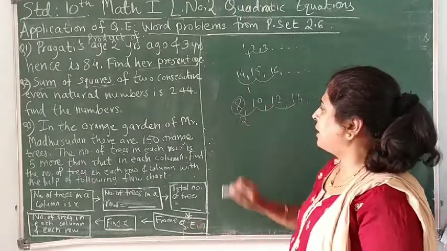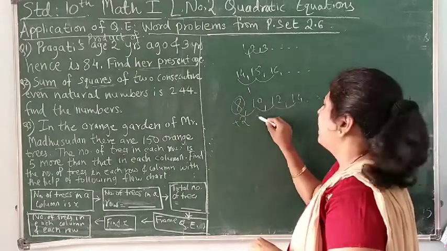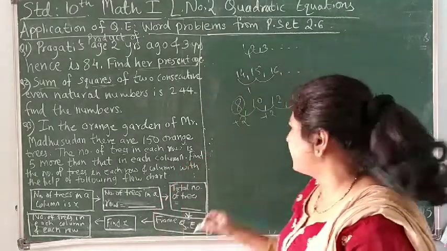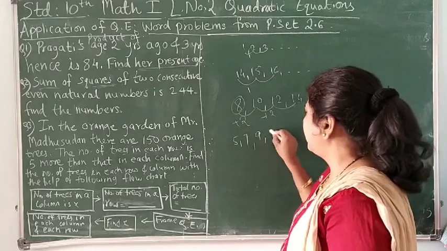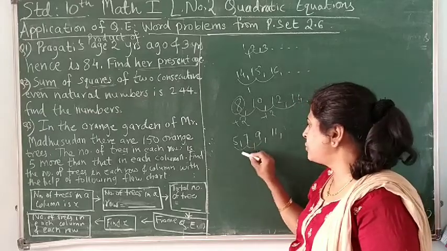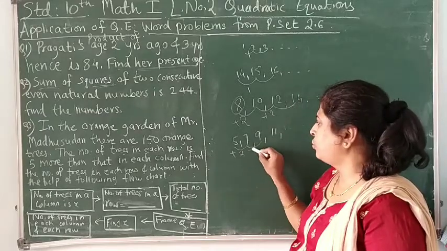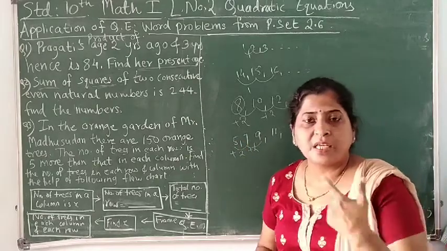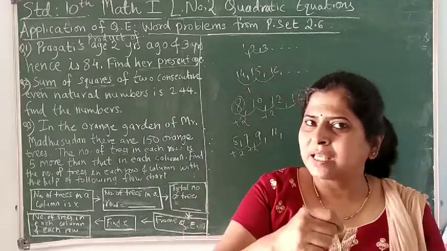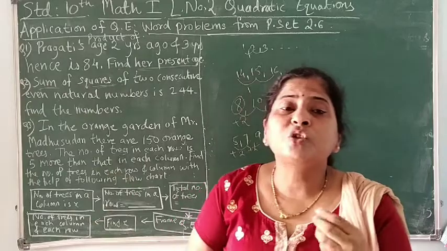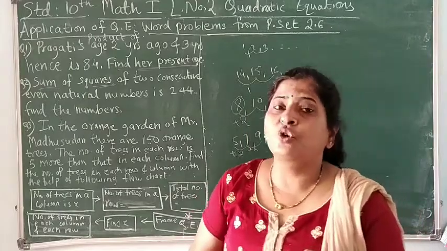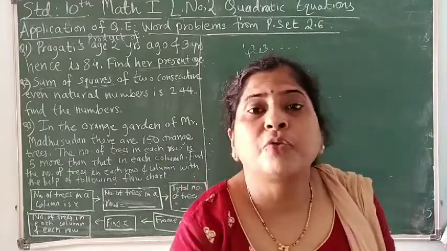The first number, whatever we have taken, we have to add 2 to get the next. And what will happen if it is consecutive odd numbers? Let's say the first number is 5, the next odd is 7 and then 9 and 11 and so on. So how do we get 7 from 5? Here also the difference is 2. So we need to add 2 to the previous number to get the next consecutive number. So when we have just consecutive natural numbers, if the first number is x, the next will be x plus 1. But if it is consecutive odd or consecutive even natural numbers, if the first number is x, the other should be x plus 2. Okay.